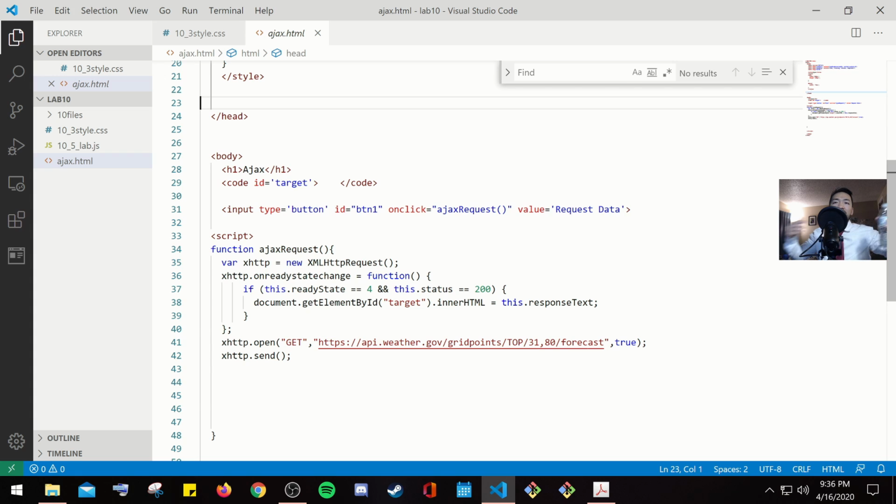And then inside of JavaScript, we also have functions. Ajax request, variable x HTTP equals new HTTP request. We go ahead and use the on ready state change equals function. If this is the ready state equals 4, this status equal to 200, that means it's okay, it's good to go. And then we can also have an xhttp.open get